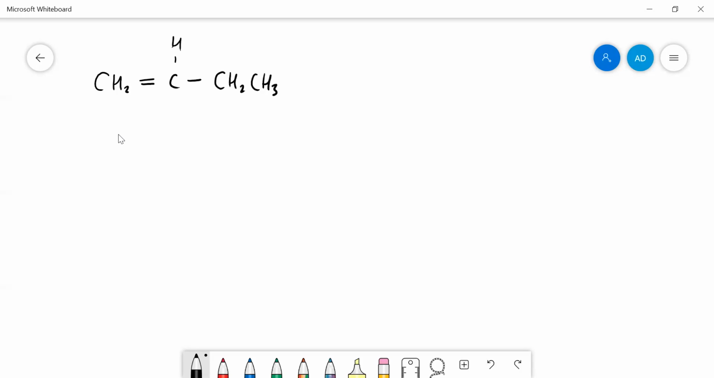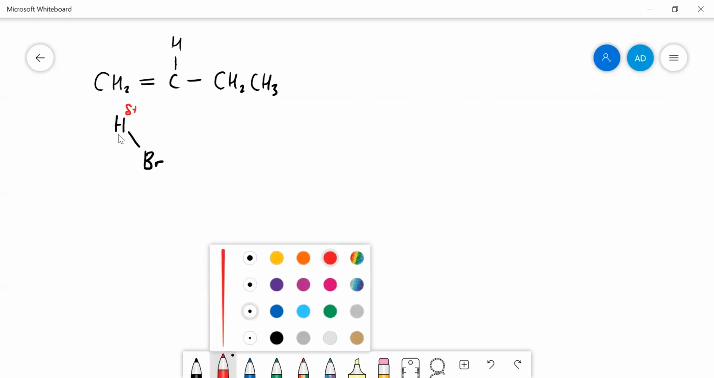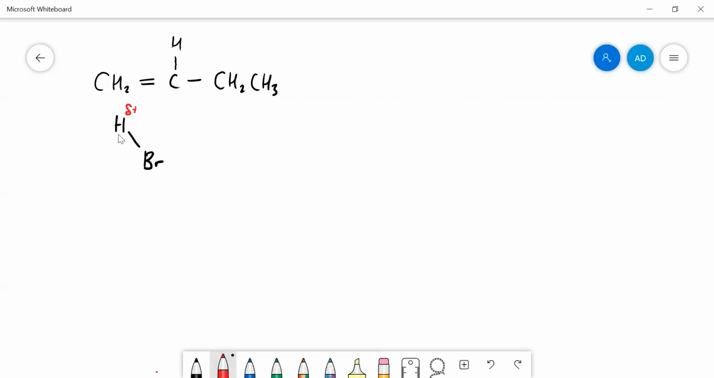Okay, so what is that? It's a butene, isn't it? Yeah. Okay. So that is going to react with HBr. Okay. So remember, you've got a delta positive on the hydrogen there, and the first step in the mechanism is for the pi bond to break, and those pi electrons move on to that hydrogen and form a new